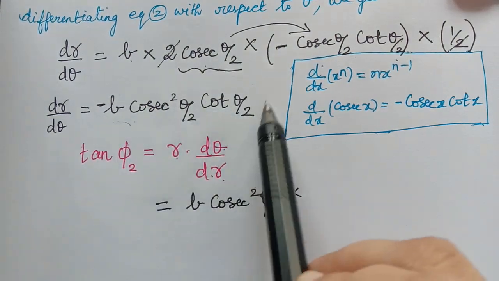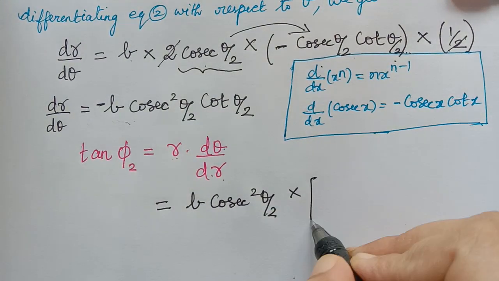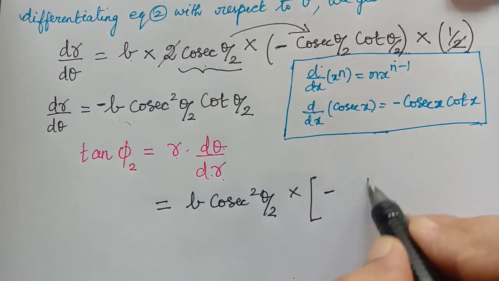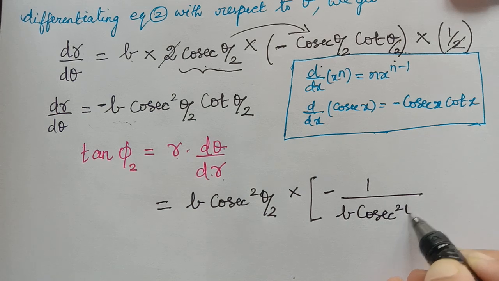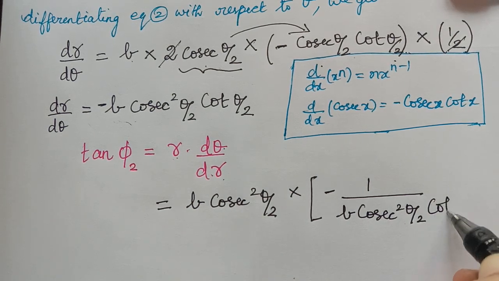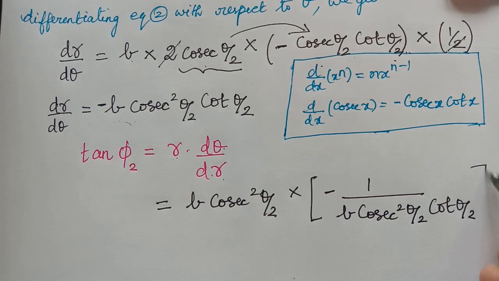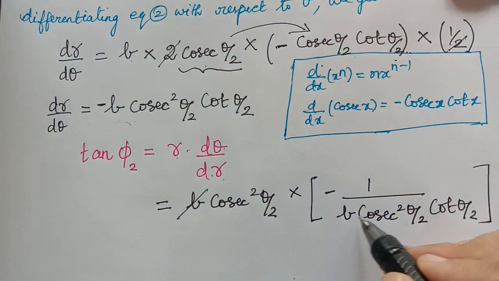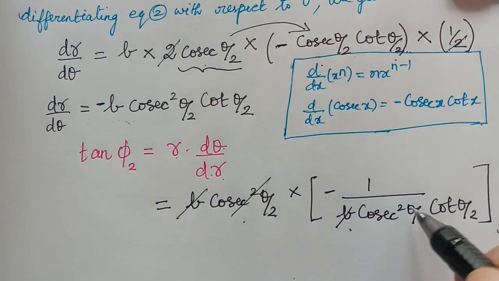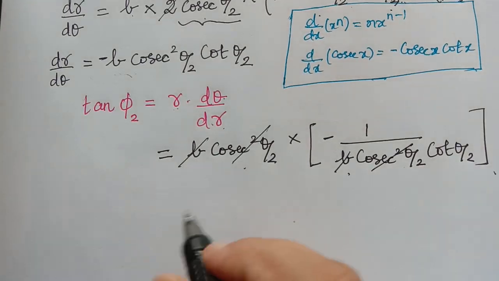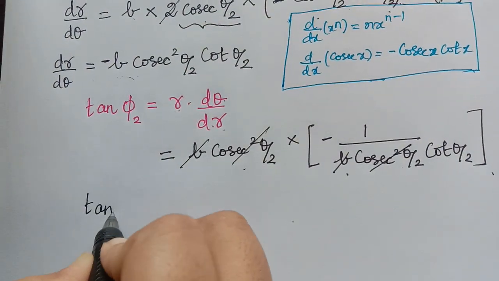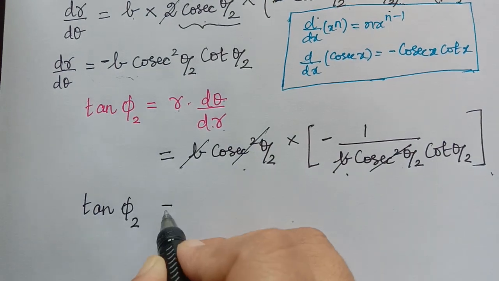Because we have a minus sign, it will be minus 1 by b cosecant squared theta by 2 cot theta by 2. Now b and b get cancelled, and cosecant squared theta by 2 gets cancelled with cosecant squared theta by 2, and so we are left with tan phi 2 equal to